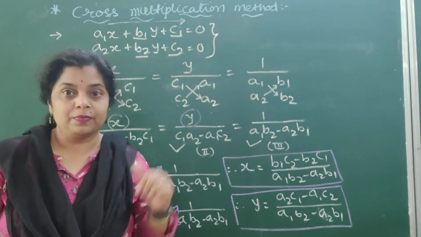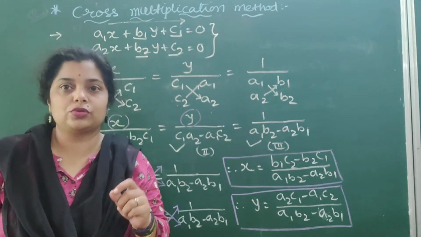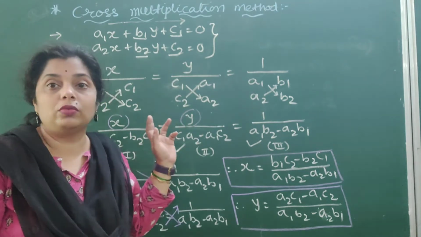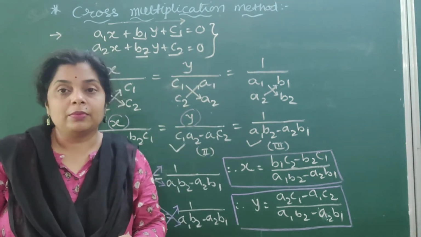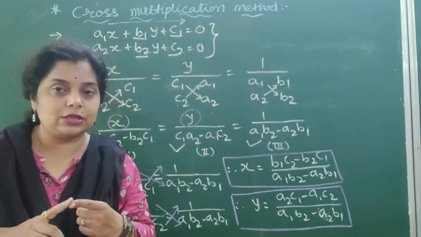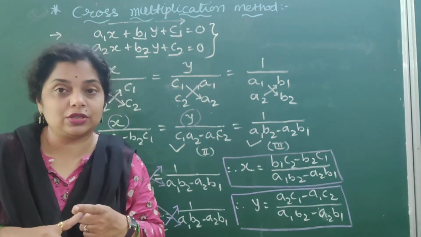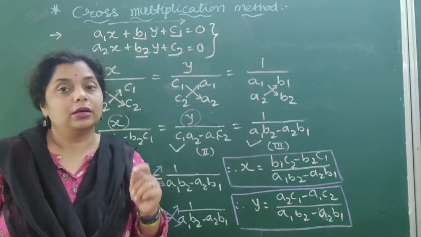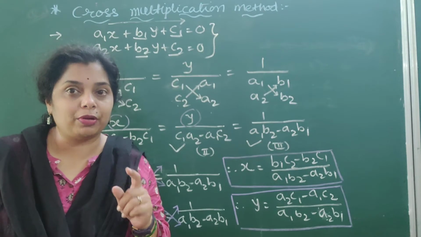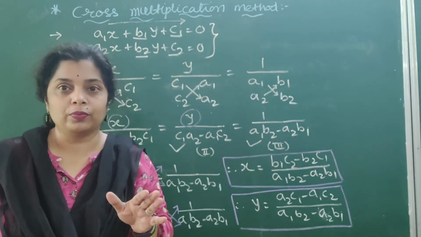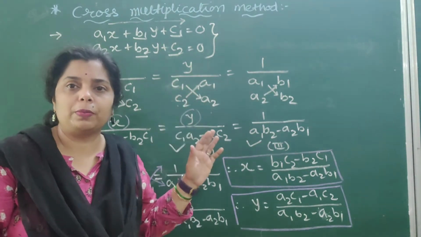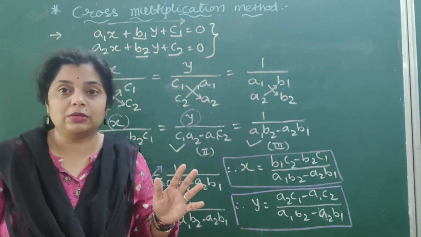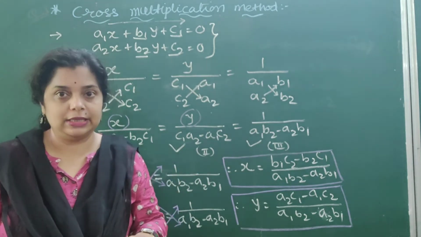and the elimination method. This one is quite difficult. Students may face a problem solving the cross multiplication method, because it is a quite lengthy process. The multiplication is there, the subtraction is there, so students get confused. But practice makes a man perfect. Follow that sentence and do more and more practice of this type of sum, so you will be able to solve cross multiplication method sums very easily.